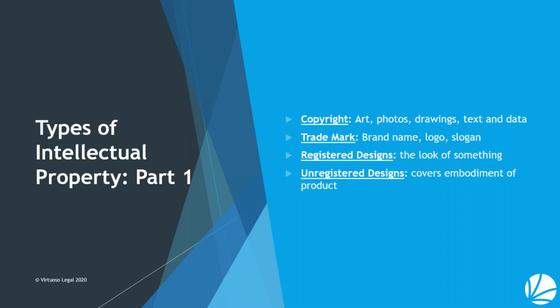And I'm going to start with copyright, because a lot of people don't really understand copyright. But basically, copyright is the intellectual property right that covers the text on your website, the photographs and the images that you've got, the data that you've created, the artwork that you've created, or the music or the broadcast that you have created. And copyright is ever present and all amongst us, and it's a hugely valuable right, because